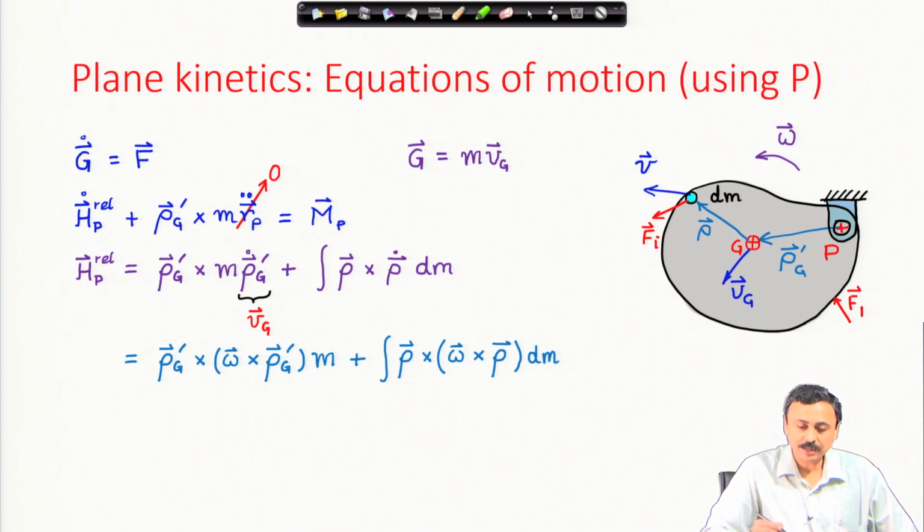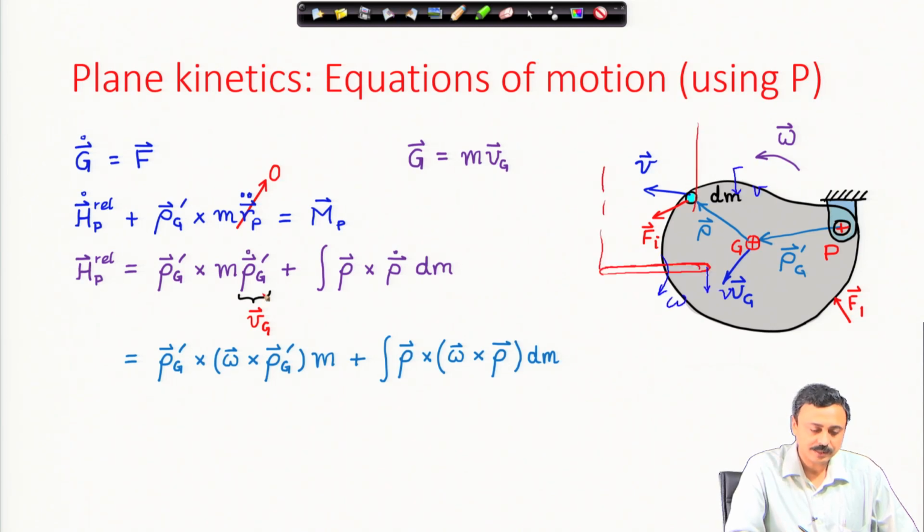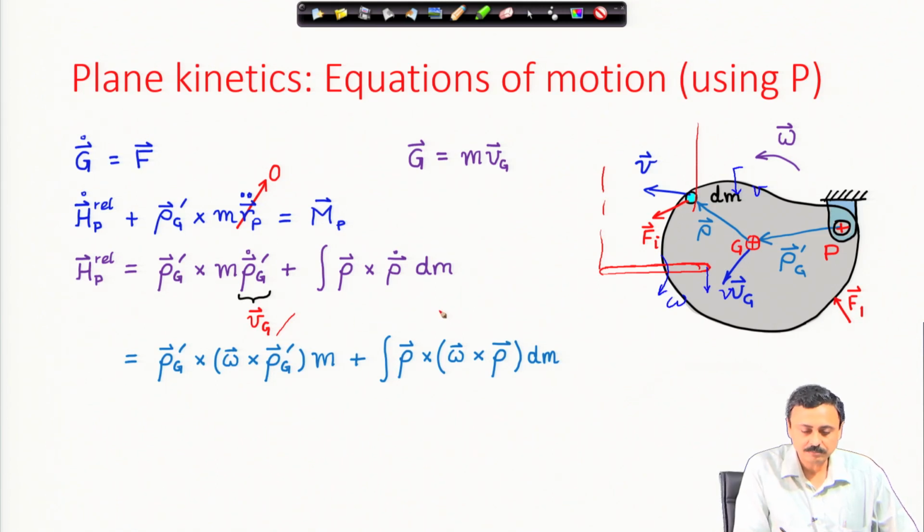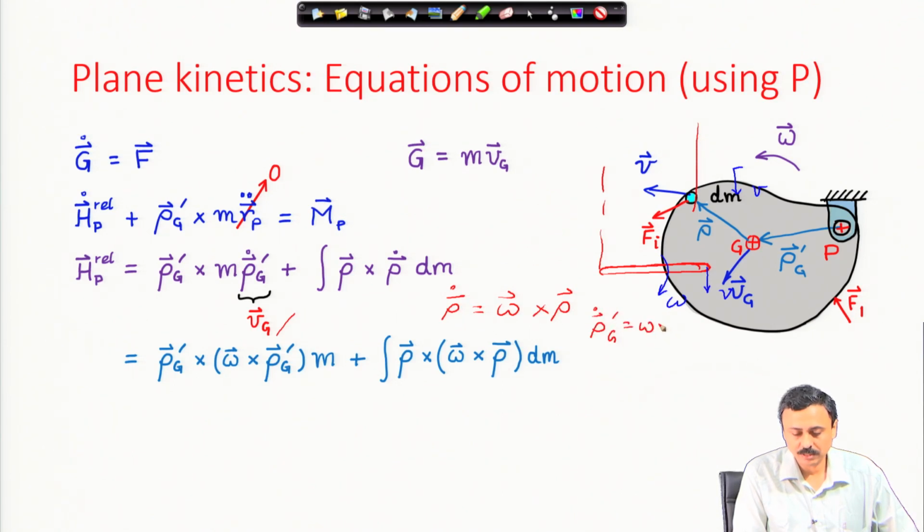For a rigid body, I can write this linear velocity as nothing but the velocity of the center of mass. This rho g prime dot is nothing but the velocity of the center of mass. That is essentially the relative velocity of the center of mass with respect to P, but because P is a fixed point, that becomes the velocity of the center of mass. And we have used these expressions that rho dot is omega cross rho and rho g prime dot is omega cross rho g prime vector. These are used here and here,